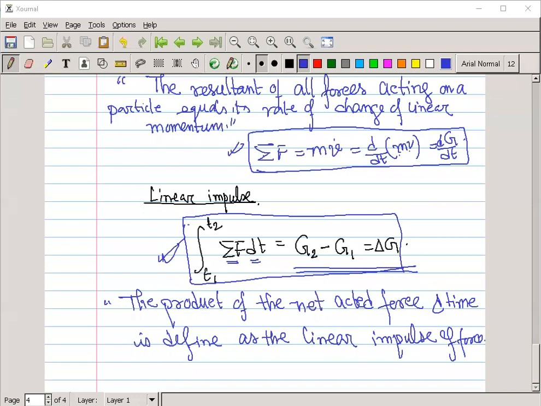Okay, so this is actually the linear impulse and the linear momentum. So I repeat again, the force is the rate of change of momentum, right? Due to this force, the time derivative of the linear momentum gives us the force, and linear impulse is what? Linear impulse is for a finite period of time, the change in their linear momentum. Okay, up to this, anyone have any question?